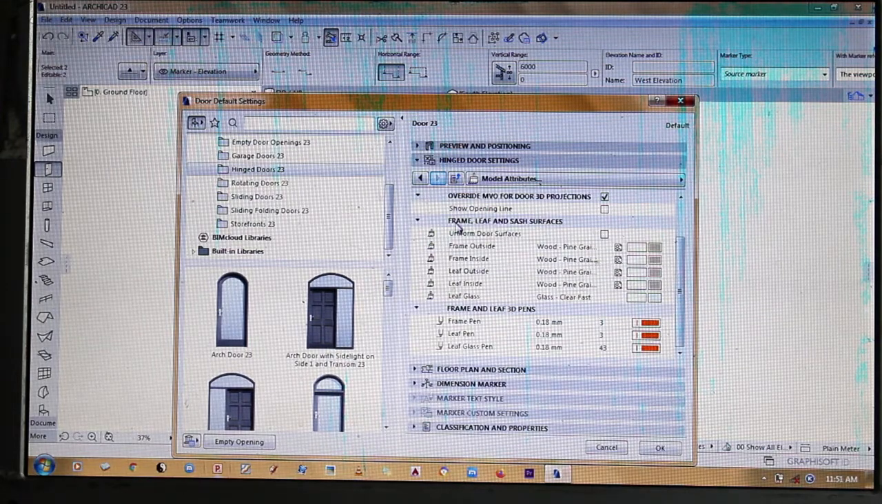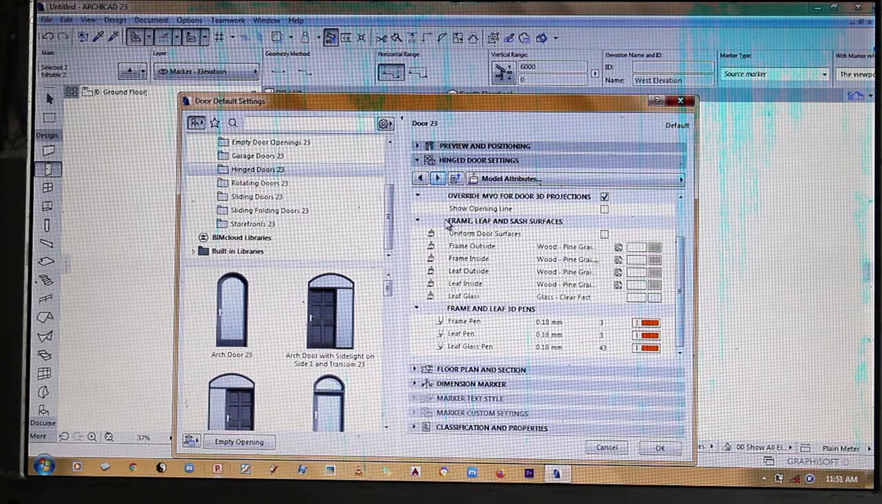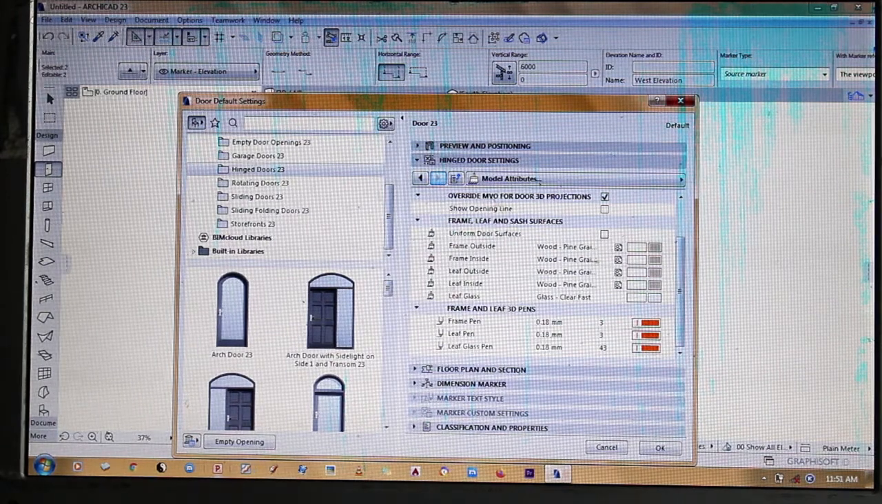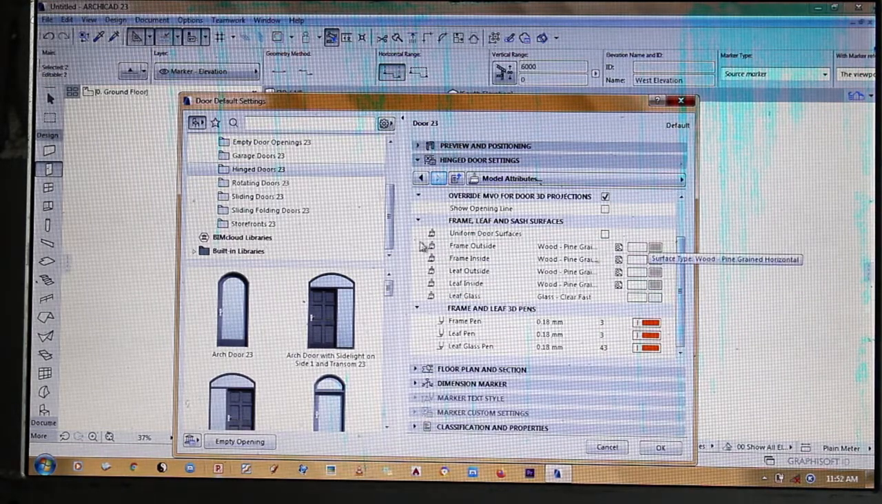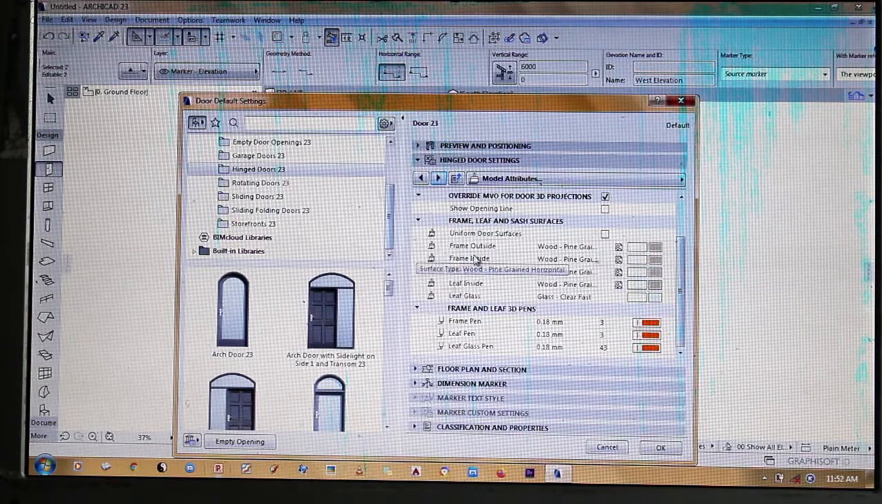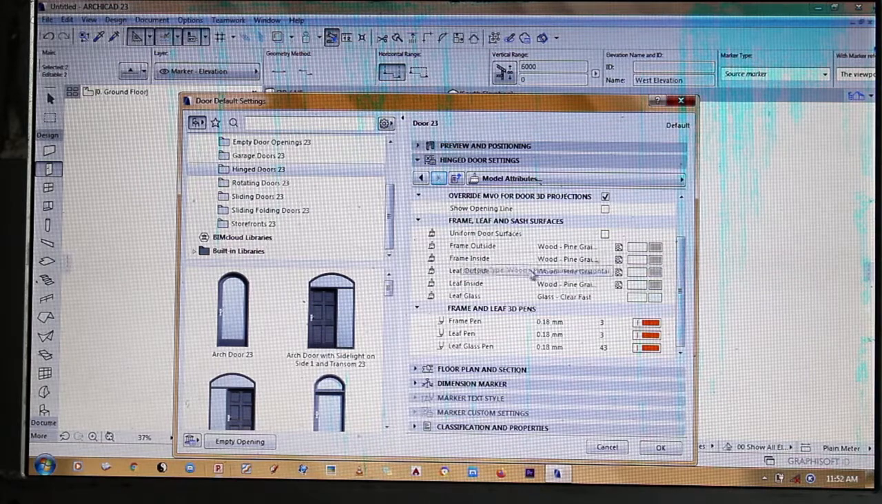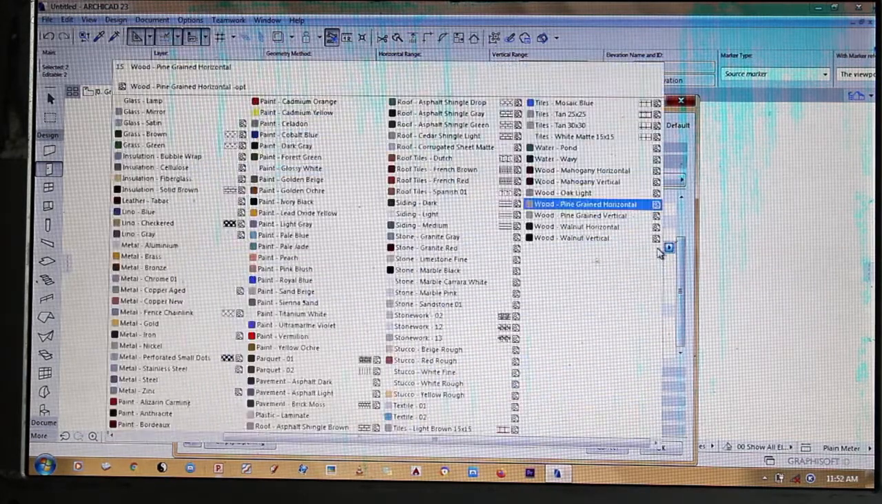And then the surfaces, you have to make sure that your surfaces are customized as you wish them to look in Archicad. So look, mostly in Archicad they use wood panels for the doors, but if you don't want to use wood panels, you can customize them. So the frames, what I mostly use,